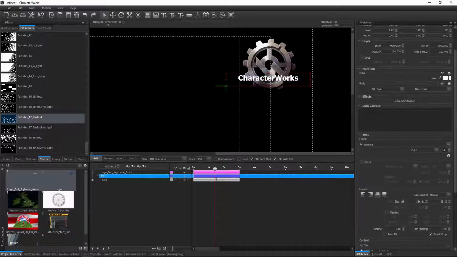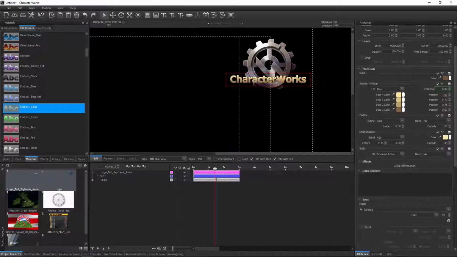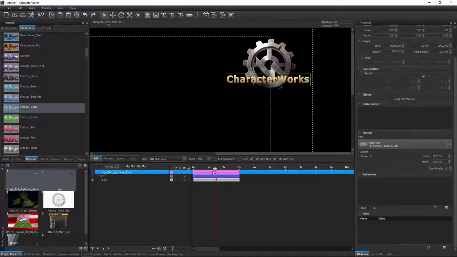Putting the final touches on the text. To make the text remain on screen indefinitely, enable its parent motion's loop.